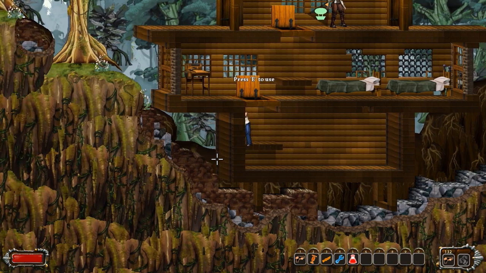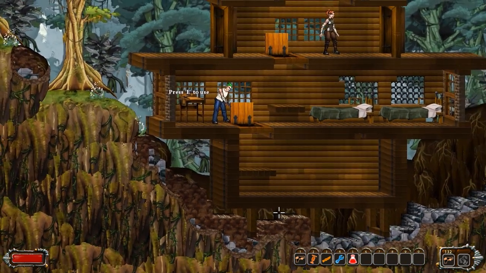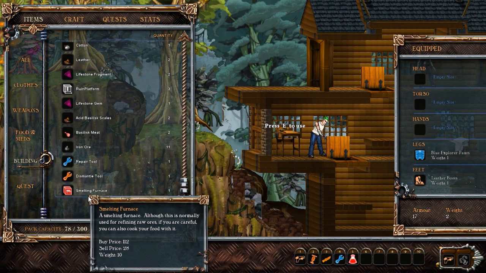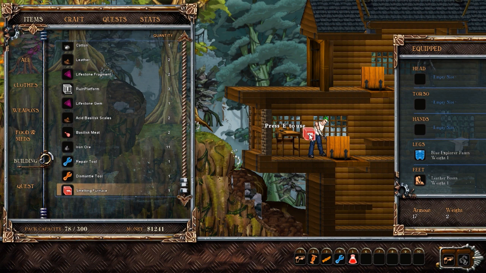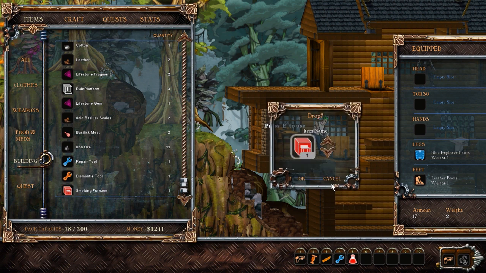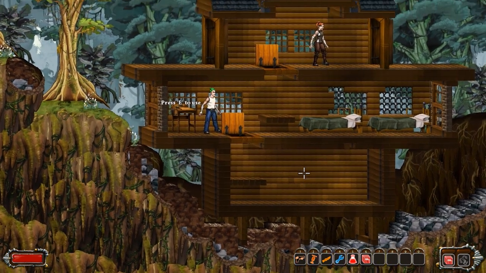Actually, no. If we can, let's try to build the furnace next to this guy, right? So let me go into my items menu. And we did build the smelting furnace. Now, let me just drag this guy. Is that how it works? Do you just drag it? Drop it. Don't drop it. What if I just equip it momentarily? I think that's how it works, right? You equip it and then you choose it and...